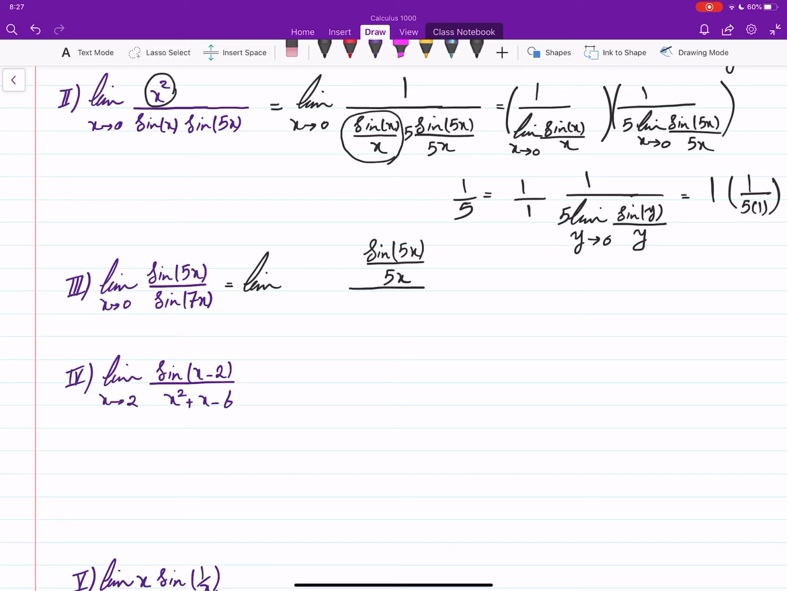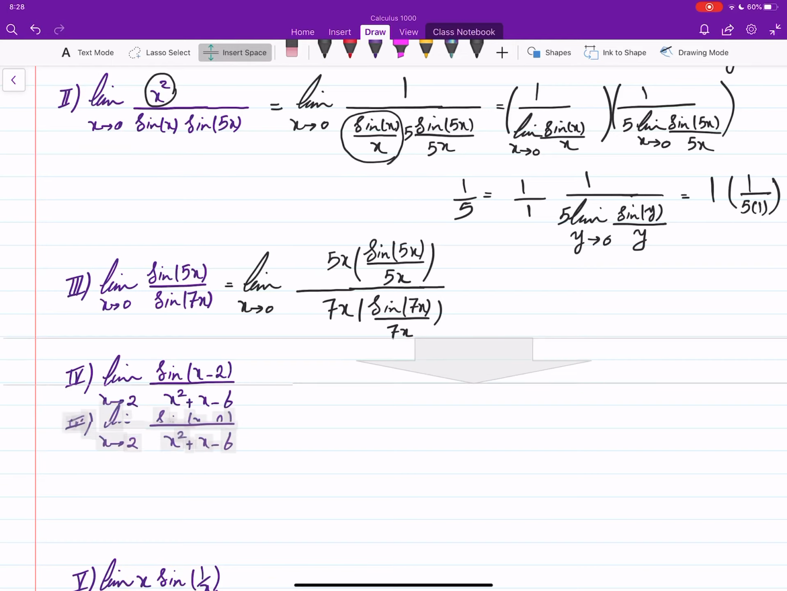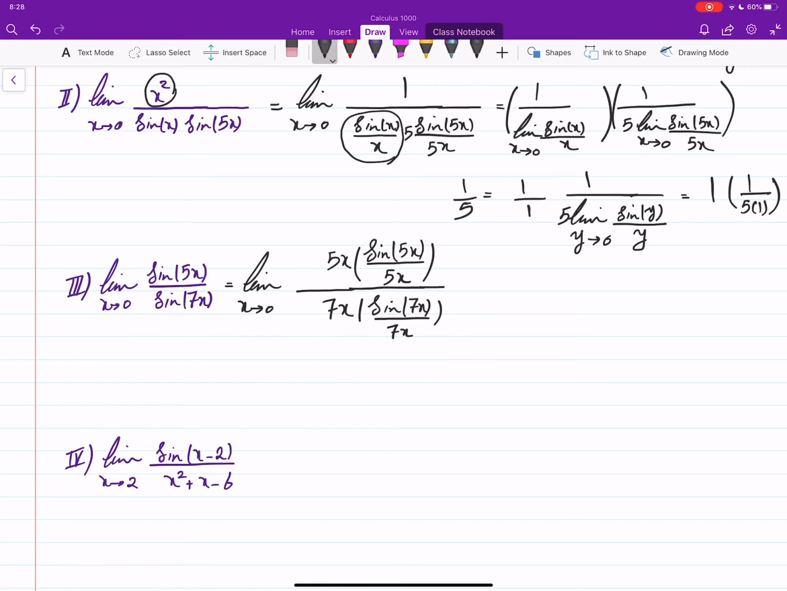Then I do 5x here in the numerator. And then I need a sine of 7x in the denominator. I need a 7x in the denominator of the denominator, so I can get it by doing this as x approaches 0. And as you can see here, now I can cancel these two, and I have 5 over 7